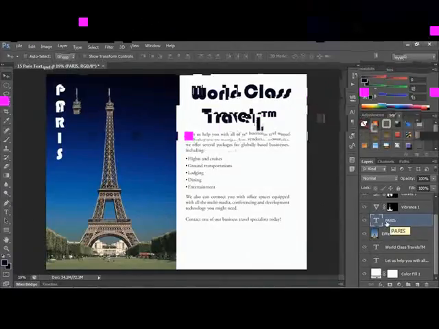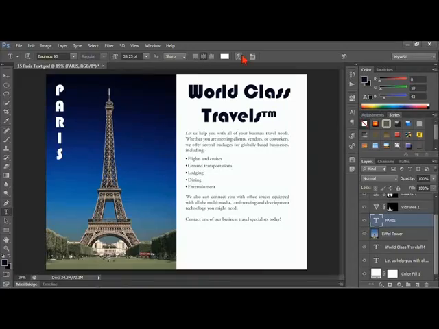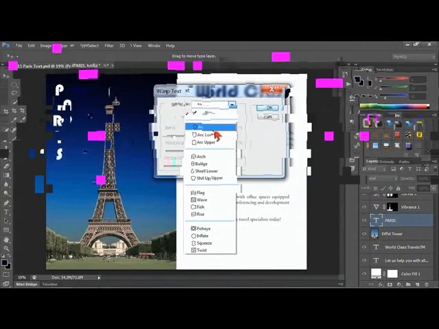We're going to start with some text warping, and I've got a text layer here that's selected, and I'm going to change to my type tool, and I have an option on my options bar here to warp that text. I click on it, and there's several different styles that we could use. We could arc it, and I'm going to move my mouse just a little bit below the text, and it gets into a move tool so I can move that and position it. I could use some other options. Here's an arch,